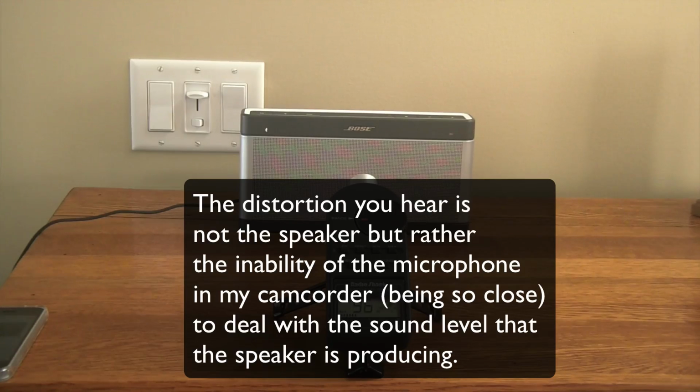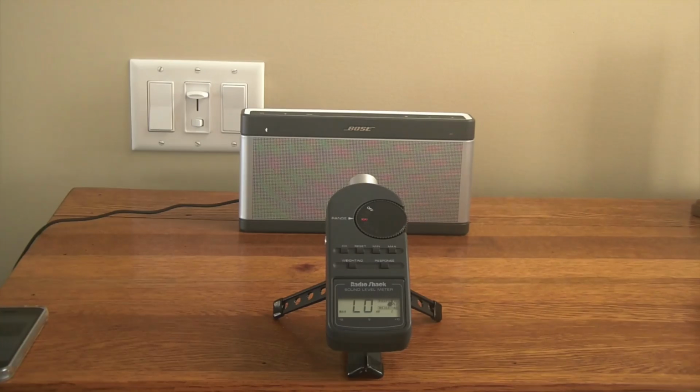You got to accentuate the positive. All right, looked like 105 decibels was the peak on that, and so let's compare it to